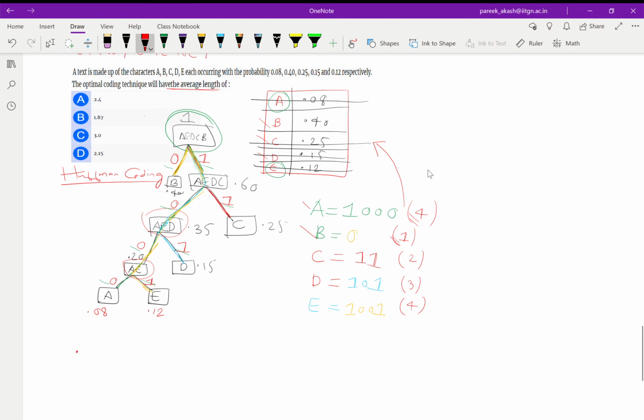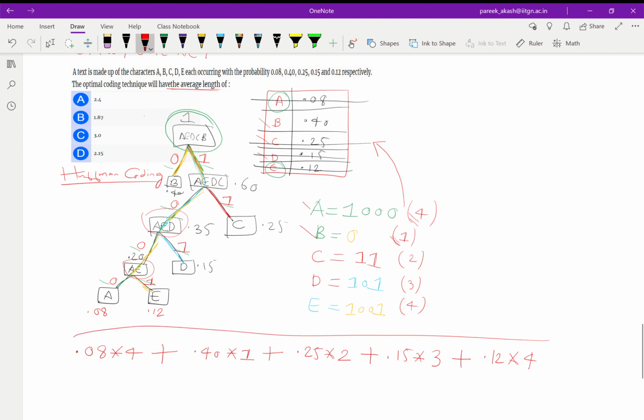For A it is 0.08 into 4, plus for B 0.40 into 1, plus for C 0.25 into 2 because its optimal code length is 2, plus for D 0.15 into 3, plus for E 0.12 into 4.